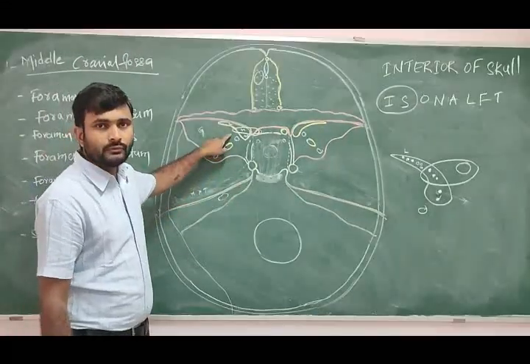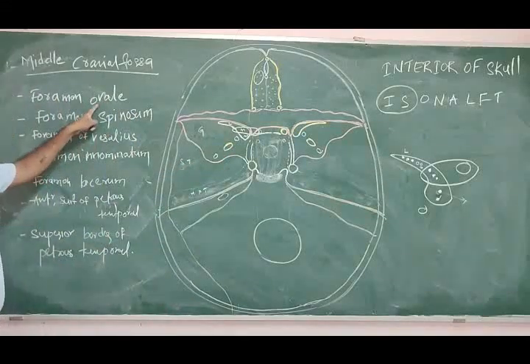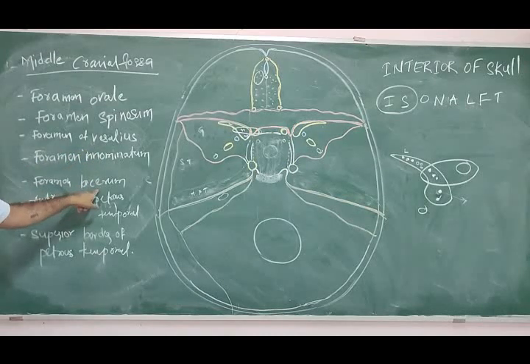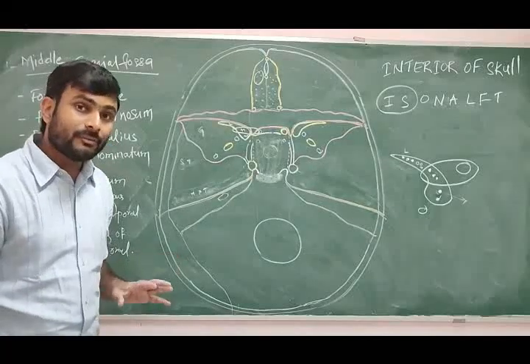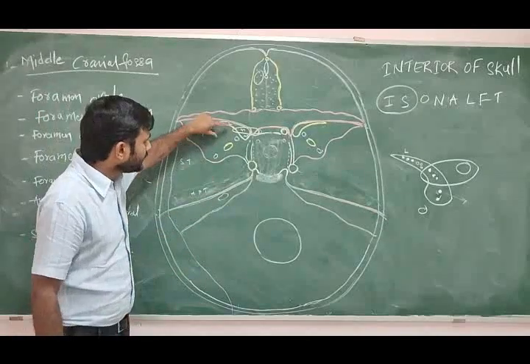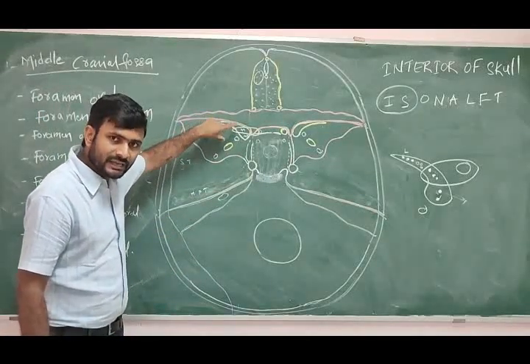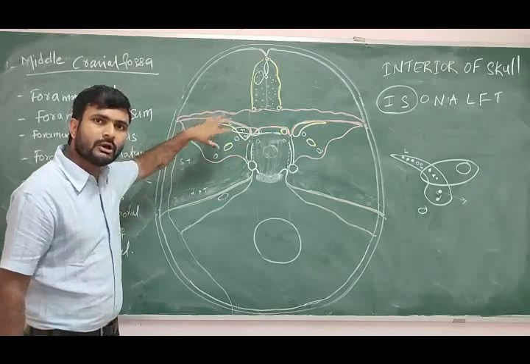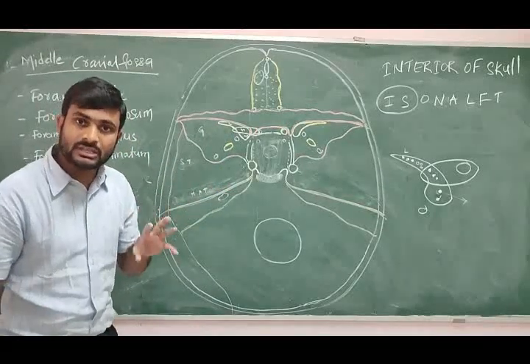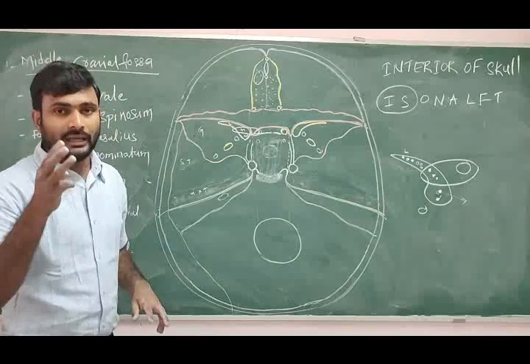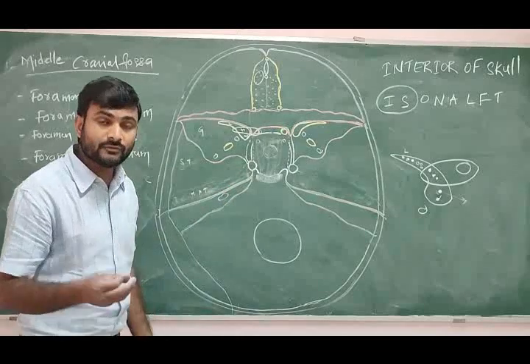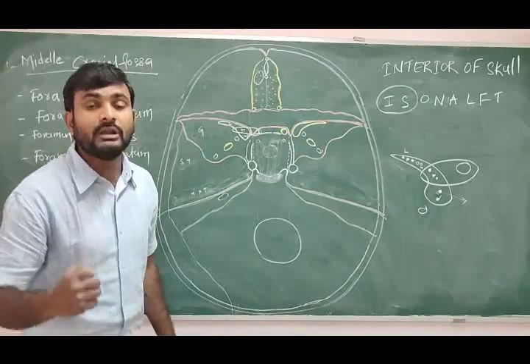After completing the foramen rotundum, the next foramina are foramen ovale, foramen spinosum, foramen basalis, foramen innominate, and foramen lacerum. All this we are seeing in the norma basalis, again in the middle cranial fossa. So here, the superior orbital fissure connects the middle cranial fossa with the orbit. Second, the foramen rotundum connects the middle cranial fossa with the pterygopalatine fossa. And third, the rest of the foramina connect the middle cranial fossa with the infratemporal fossa.